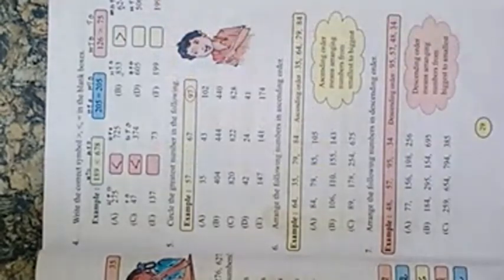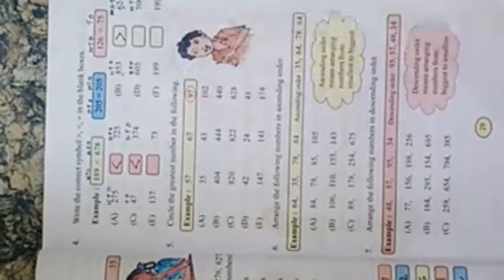Now here hundreds, tens, ones. Here in the hundreds place I have 6. Here I have 5 in the hundreds place. So is 6 the bigger number or is 5 the bigger number? Children, answer my question. 6 or 5? You'll say, teacher, 6 is the bigger number. So the crocodile wants to eat the bigger number. So it will open its mouth towards the bigger number, that is 605. Now you read: 605 is greater than 506.